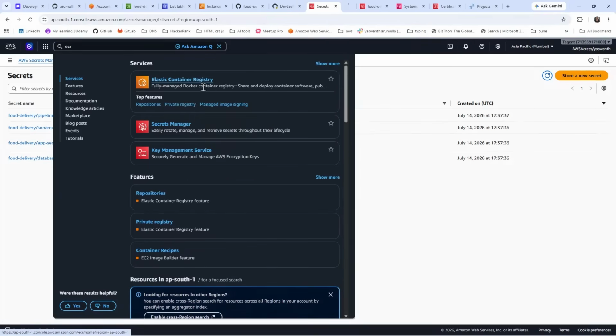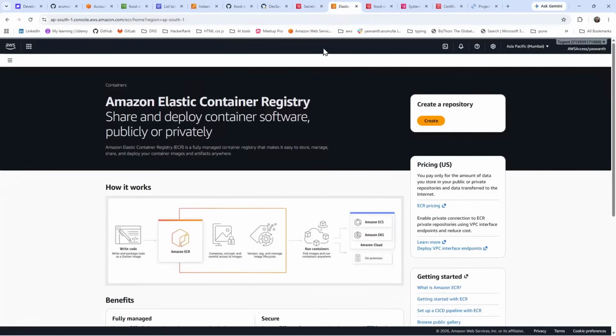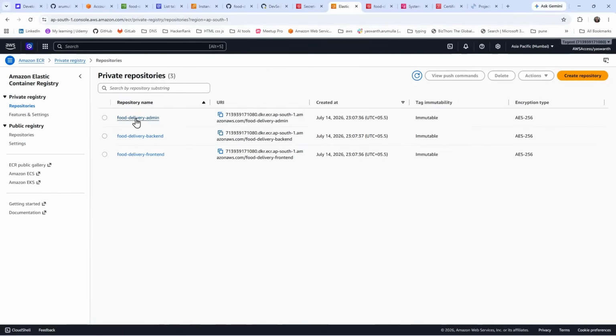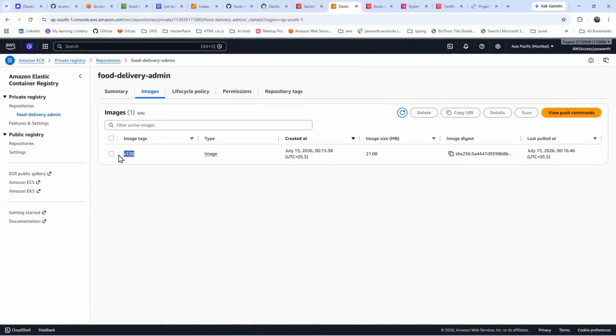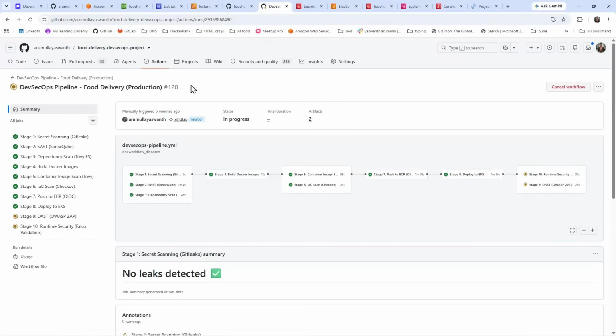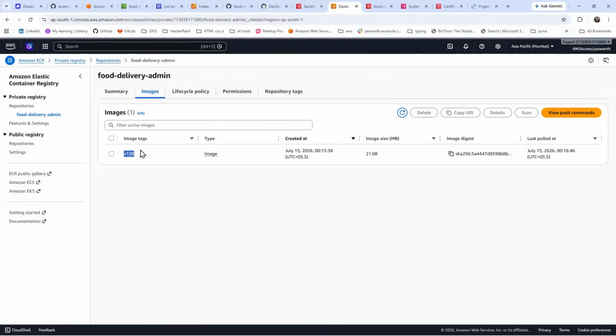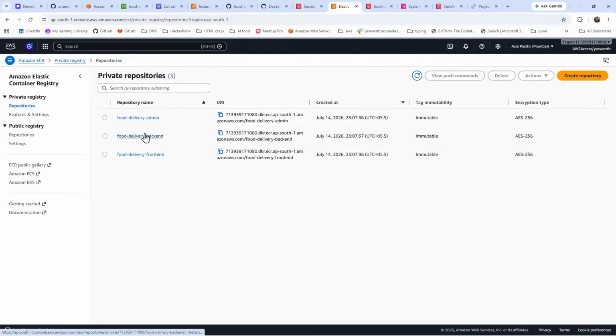open a new tab, go to the repositories, admin. See here, the 120 build number is there. I'll check my build number. See, my build number is 120. Hashtag 120. Here, 120. And the same if you open the backend,